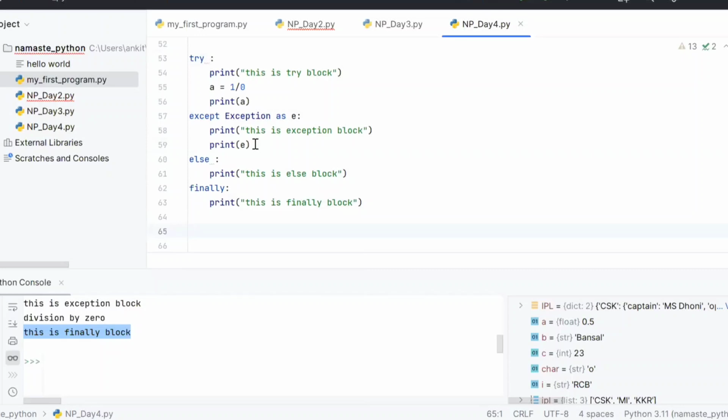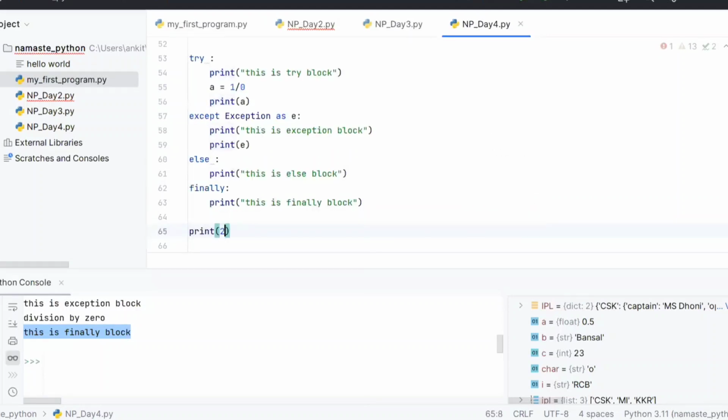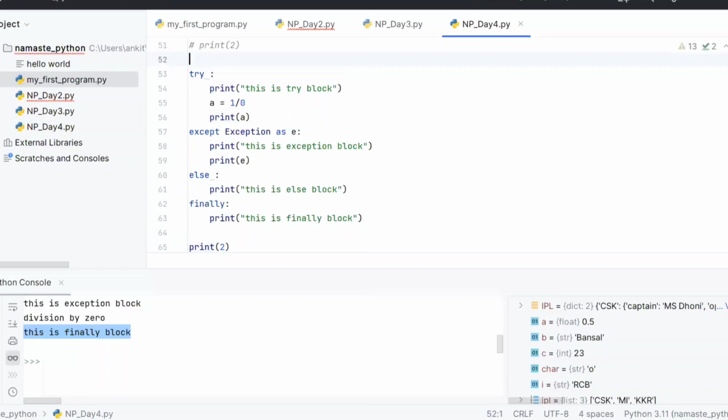Hello, Ankit. Sorry for the interruption. What is the basic use of exception handling? Because even without exception handling we are getting an error, right? So our program is failing. If I do print and there is something here, our program fails with a fatal error, but with the exception handling there is no fatal error.